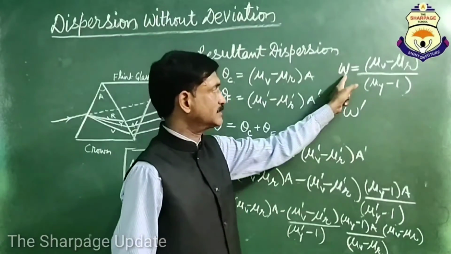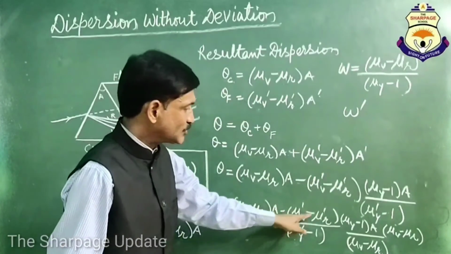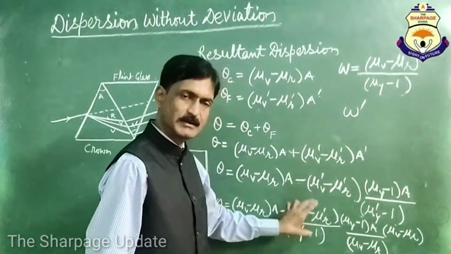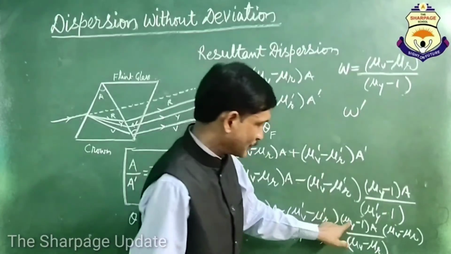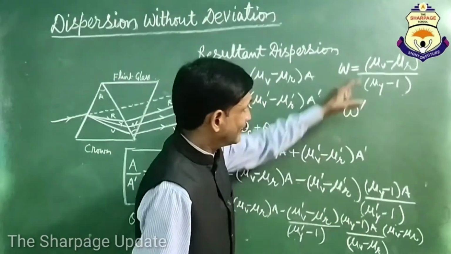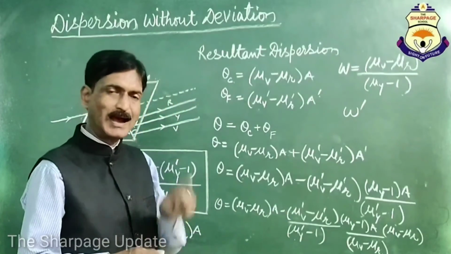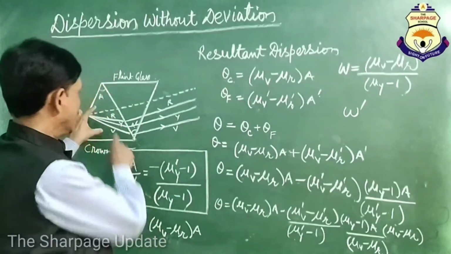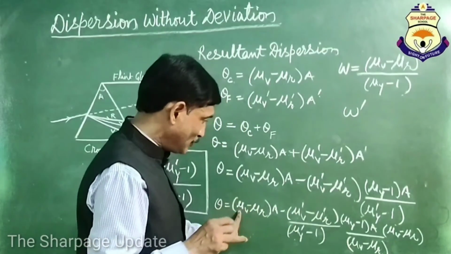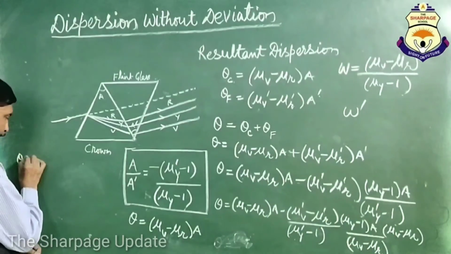Now the relation for the dispersive power is mu V minus mu R upon mu Y minus 1, but here we have mu V dash minus mu R dash upon mu Y dash minus 1. So we can write here omega dash means dispersive power of the flint glass prism. Now here mu Y minus 1 upon mu V minus mu R. This is the reciprocal of this relation. So we can write here 1 upon omega, and omega is the dispersive power of the first prism, means of the crown glass prism. So by taking the mu V minus mu R into A as common, theta equal to